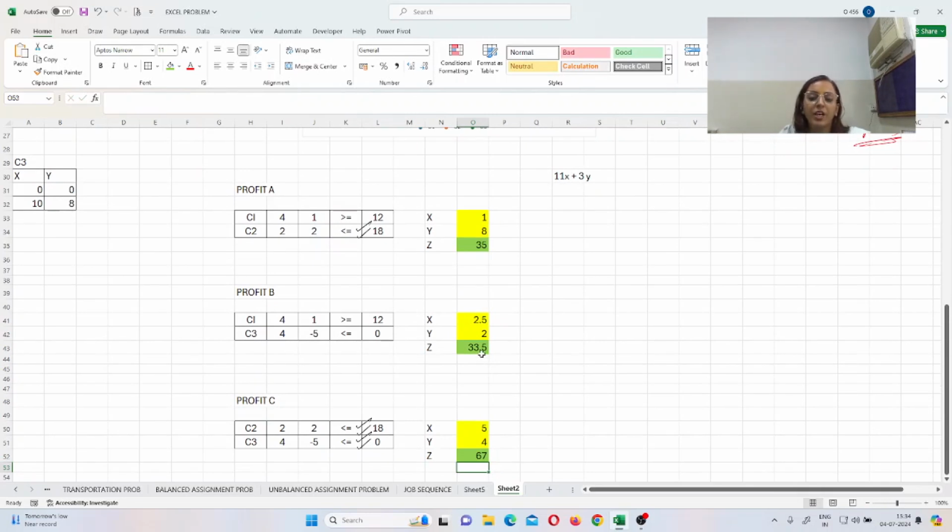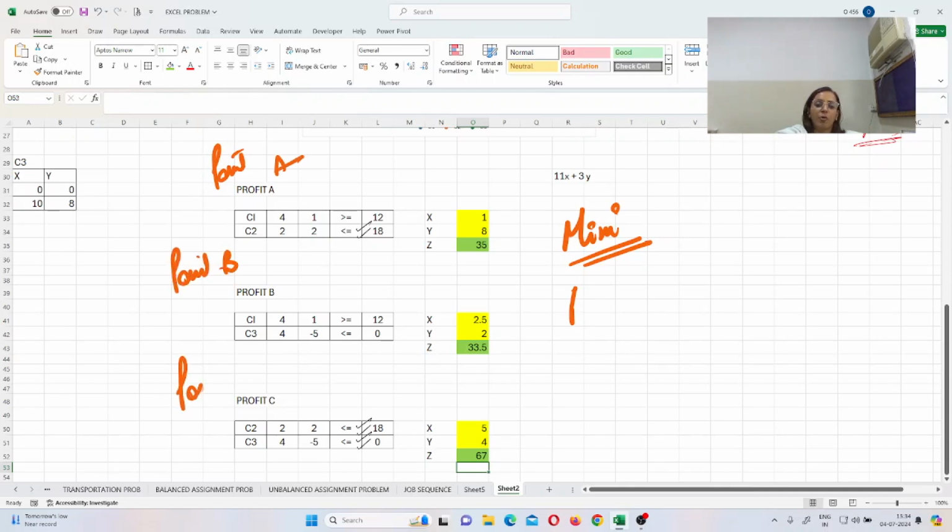What we get over here, as we have to select the minimum value, right? As we have to select the minimum. So the question is given as minimum. So the minimum value is at the profit, at the point, you can say, at point B. This is at the point A. This is at the point B. This is at the point C. So at the point B, the minimum profit is 33.5.